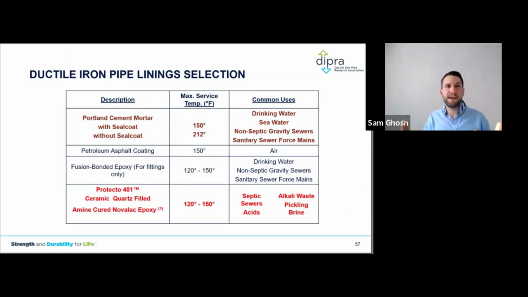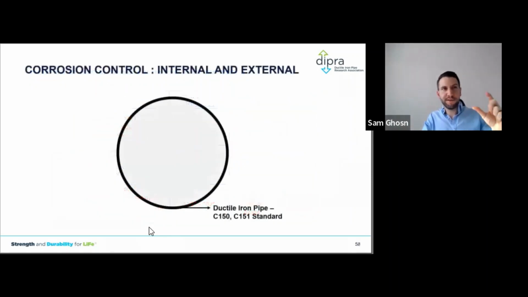In sewer applications, force main applications, we may require a protective lining in some parts of that pipeline, and this is a project-specific design that we could look at. There are other types of linings for other applications. So today, every application has its own lining, where back in the day, we didn't have a lining for those pipes. So things have evolved over the years. Make sure you select the proper lining for the proper application.